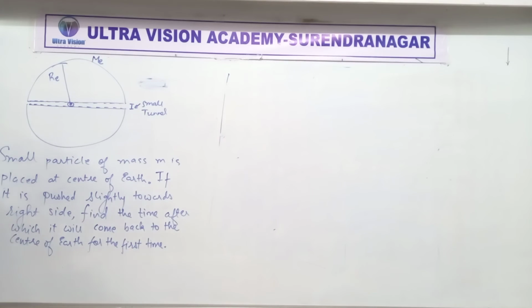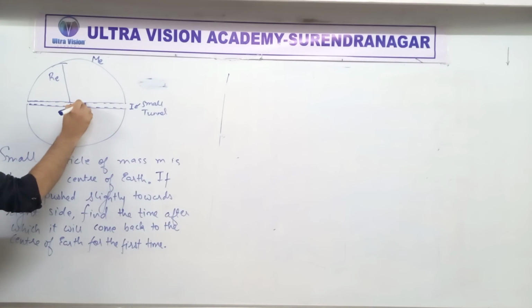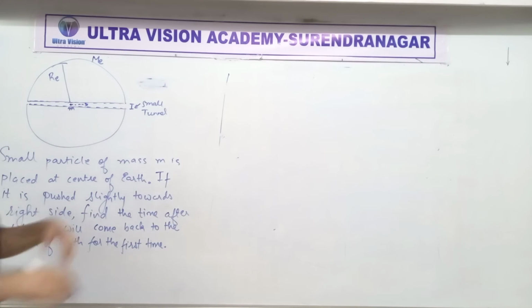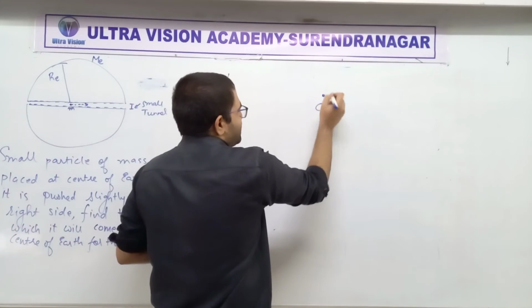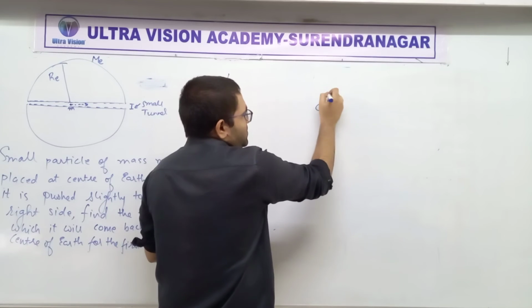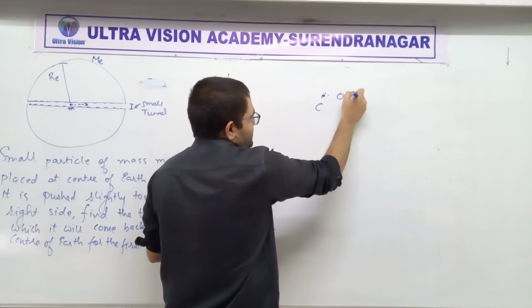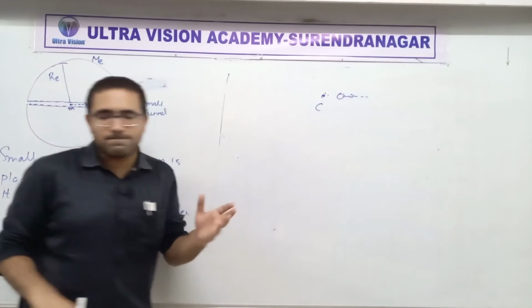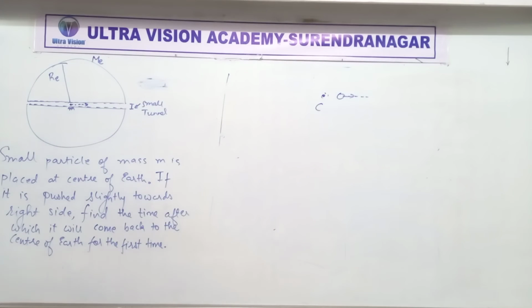Great. So what is given here is that we put something right here at the center. Okay? And we give it a slight push, a gentle push. So once you do that, you realize it will start moving, going towards the right side. Yes or no? Let's draw it here. Suppose here is the center of Earth. Earlier the particle was here. You push it a little bit, so it will start moving towards the right side. Okay, so it will start going like this. Yes or no? Okay?